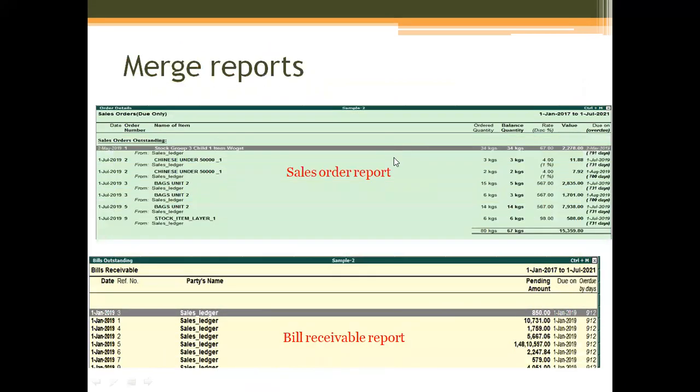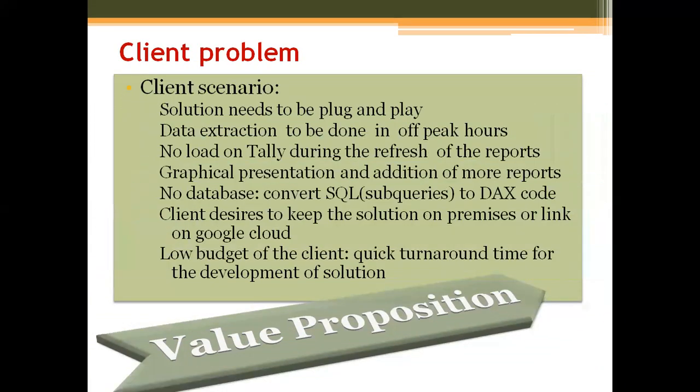The client also wanted the solution kept on premises or linked on the Google Cloud. And the client budget was very, very low. So the product which we are showing is sold in retail amongst multiple chartered accountants. Amrita, next slide.